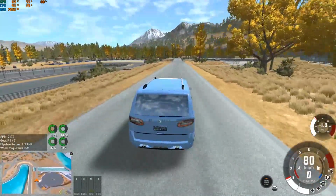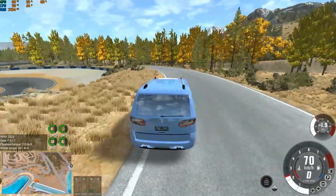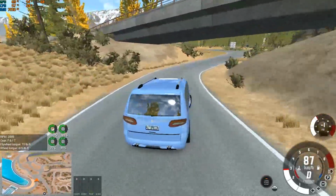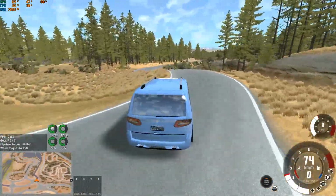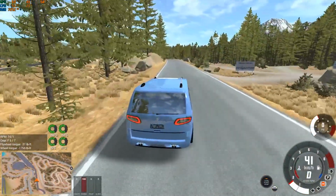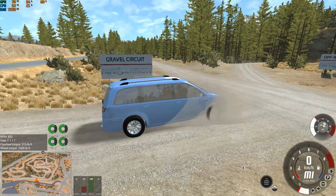Well, not really off-roading. This thing cannot do rock climbing or something. No, of course not. But as a rally car or a rally vehicle, this thing absolutely is the money. You can slide it, you can have fun with it, you can rev the engine to the moon. It's really, really fun. And the ground clearance is actually decent, so you don't worry about scraping it or doing anything bad to it. Here we go, automation gravel circuit. Put it in manual and